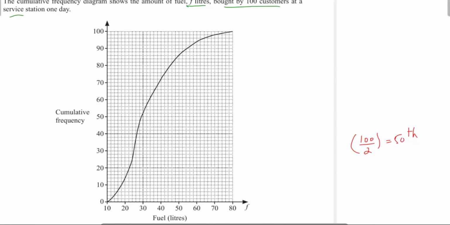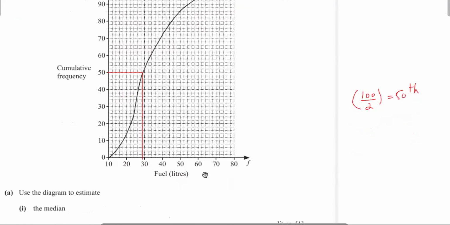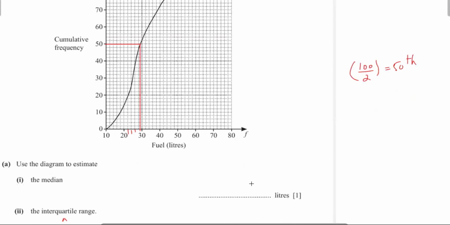And the 50th value we mark by drawing a horizontal line from the 50th customer which intersects the curve. And we see that against this 50th value, the number of liters the 50th customer purchased, you see here. Now this 29 liters is the answer. Next is the